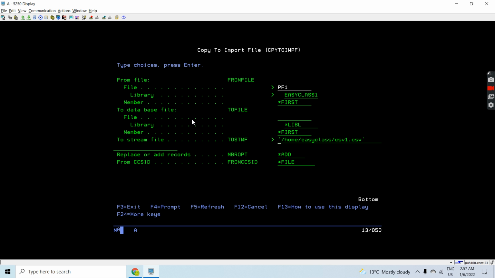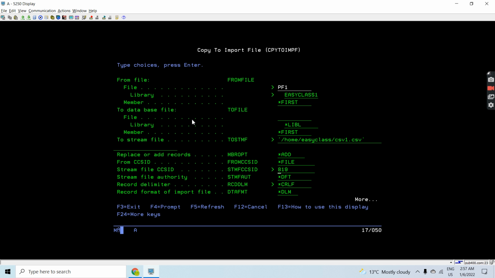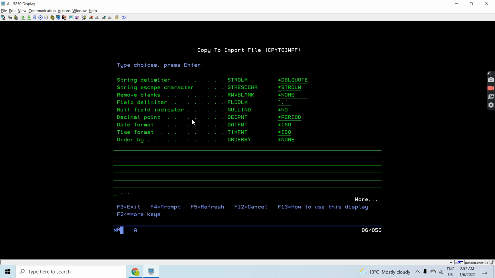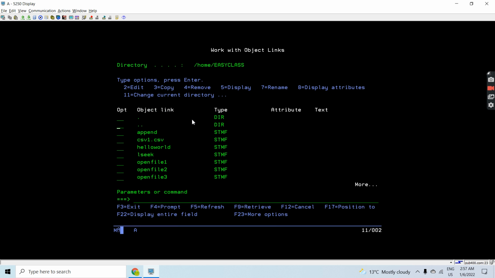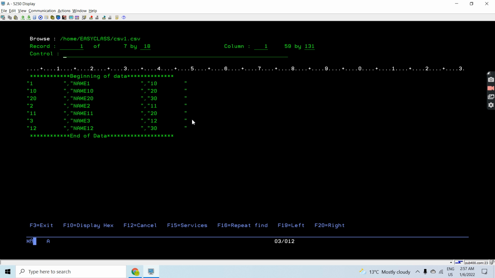So we'll be creating this file in ASCII format, and we are using the record delimiter as CRLF, and we are using the comma as field delimiter. If I press enter on this command, you will see I am able to create this CSV file which is comma separated